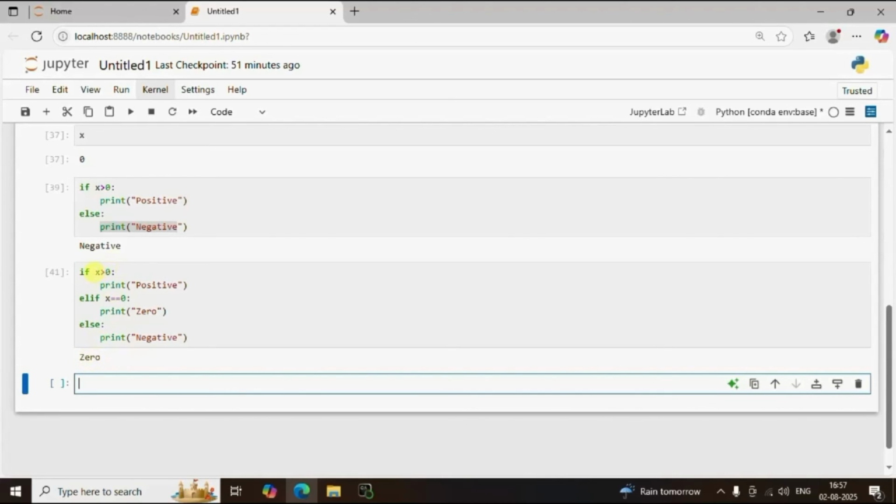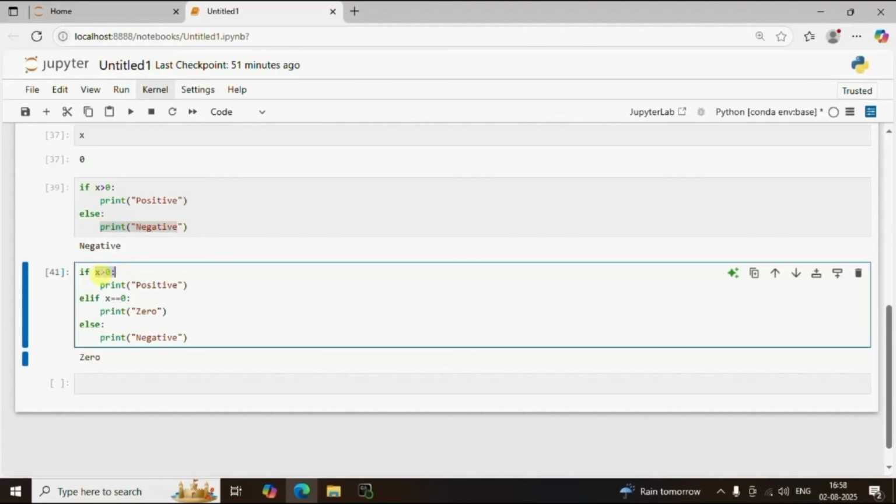So first this condition was checked. As this condition is false, this statement is skipped. Next, Python is comparing variable x with 0. If value stored in variable x, which is 0, is equal to 0, then we want to print as 0. So here we are getting the output as 0 because this condition is true. So in this way we can make use of elif to give multiple conditions in case of if else control